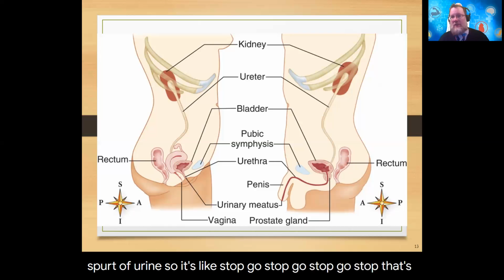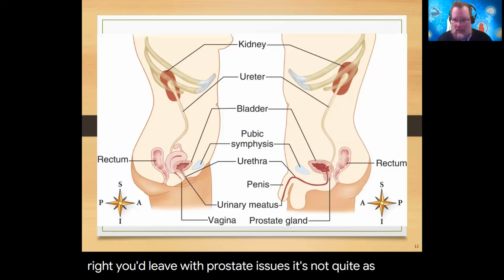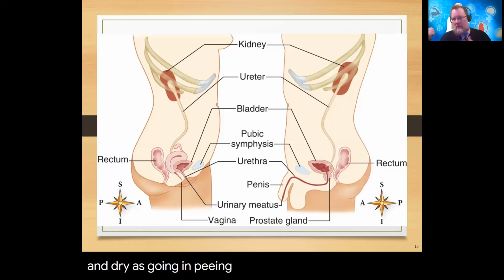That's instead of just going pee, you just go to the bathroom and then you pee and pee and pee, and then you're done, right? And you leave. With prostate issues, it's not quite as cut and dry as going in, peeing, done, walk out. It's pee a little bit, pee a little bit more, pee a little bit more. So that's something you want to pay attention to when your male clients or male patients that are older